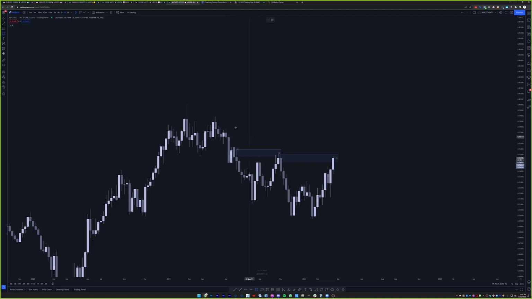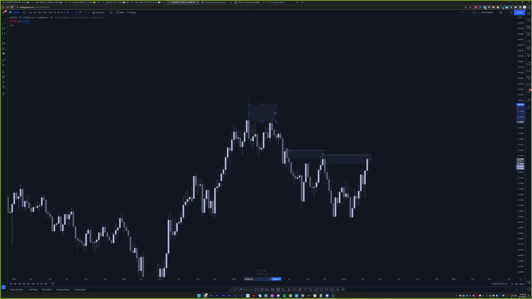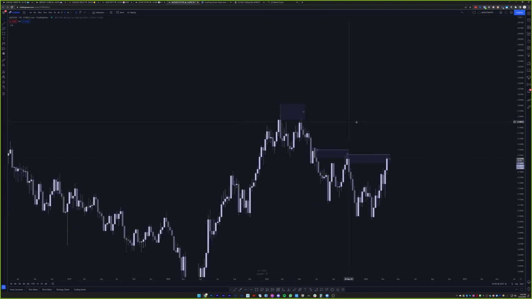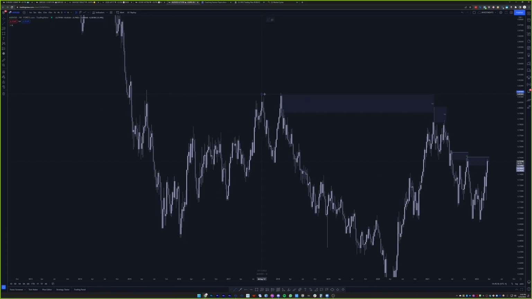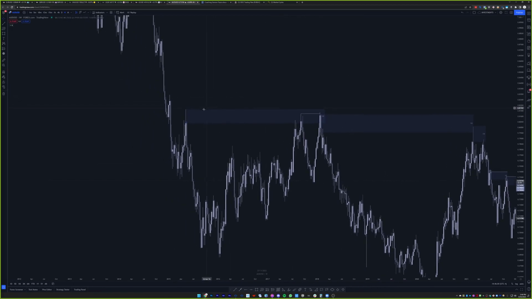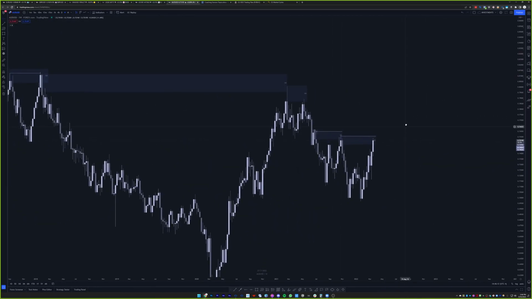So starting with this here. Weekly. That's all I would mark out with this, to be honest, and this one too. So we have a chain. Got a sweep, got a chain here. We have a huge chain, honestly, on the weekly. That's really cool. So there's your weekly. It's pretty similar to GU actually.